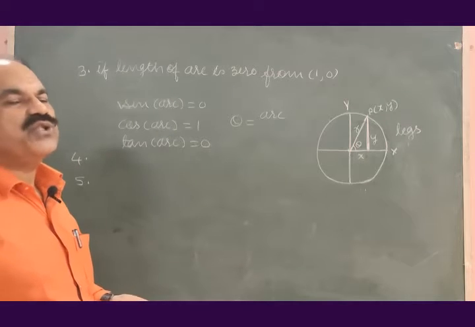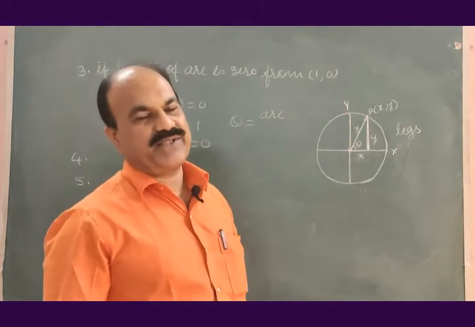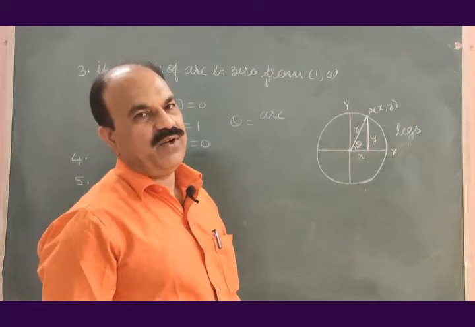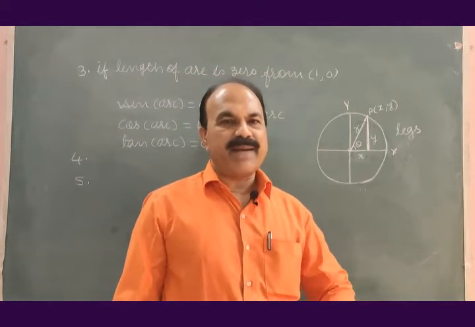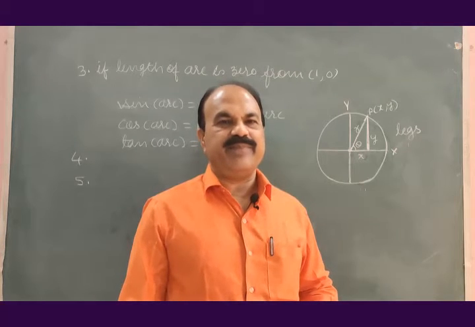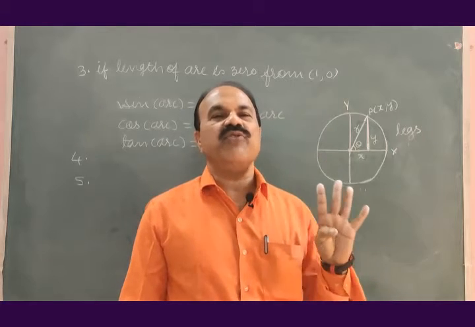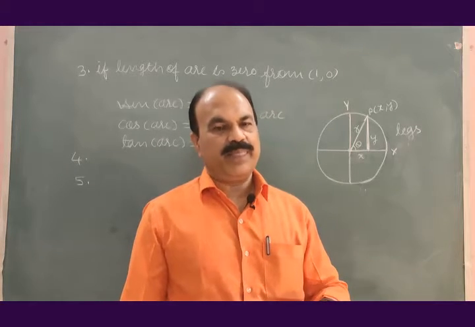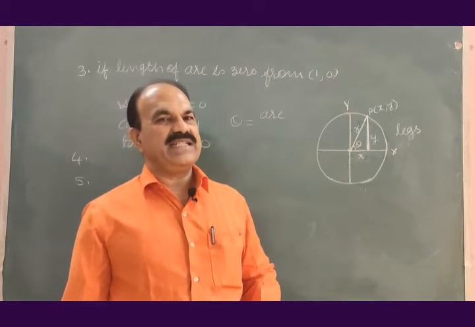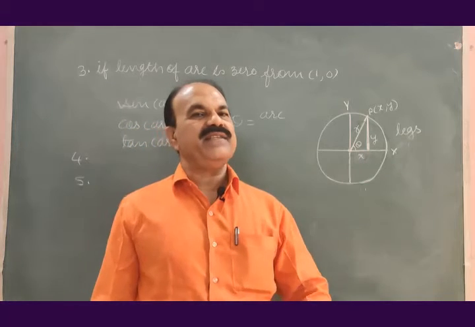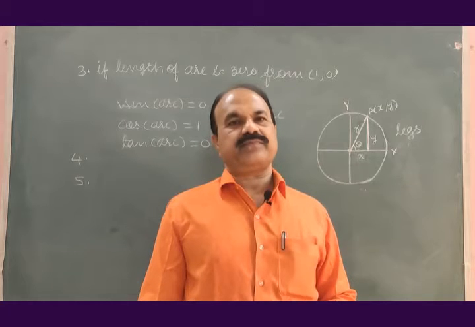How are the values of the trigonometric functions in the 4 quadrants? Whenever we consider a plane defined by a 2-dimensional Cartesian coordinate system, that plane is always divided into 4 quadrants.